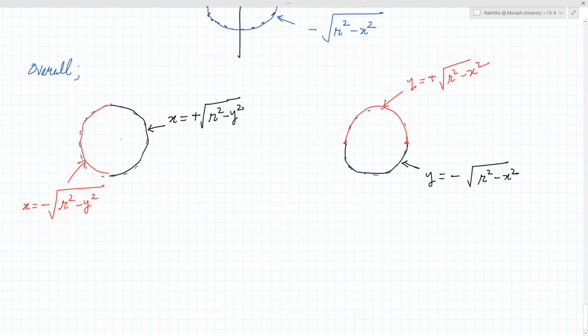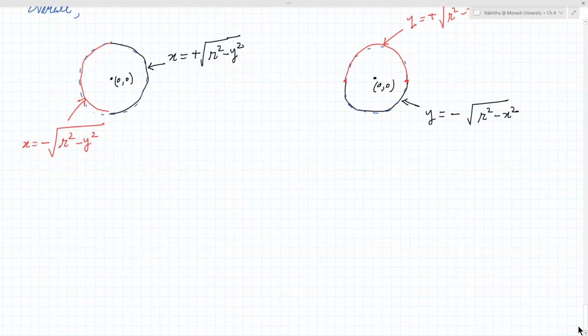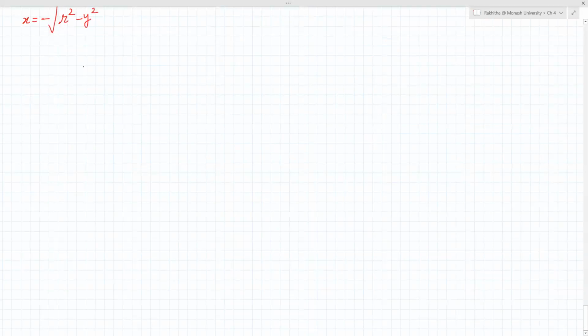Now, one thing I need to emphasize: we derived these two x values and two y values for a special case where the circle center is at the origin of the Cartesian system, 0, 0. The center is at the origin, right? So now we will try to understand a situation where the center is not at the origin. Now, for the general case,